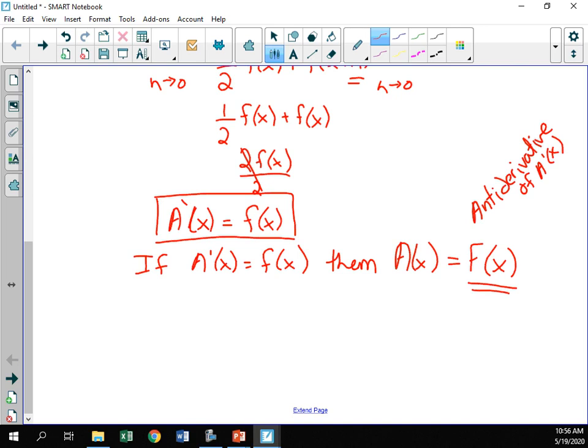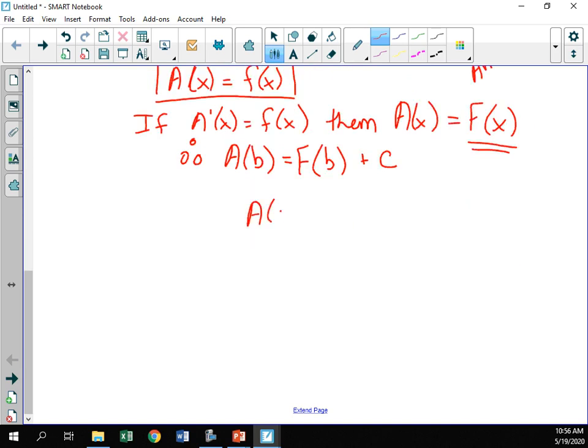Now, if I wanted to find a at b is equal to f at b plus c, my area at a is equal to 0, because